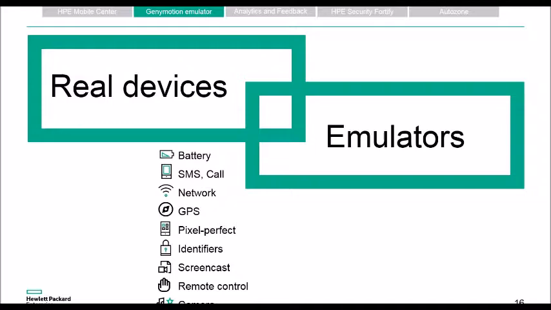Now, here's the thing. They complement each other in order to ensure agility in your application development process and to bring you the device coverage. Why do I say that? If you are a developer, you already know that you need speed, you need control, you need convenience, you need efficiency. You are going to use an emulator to test the application as you develop it. And don't forget, while you are developing your application, other developers are developing parts of the same application. I'm going to touch upon this in a later slide. But that's where the emulator comes in.